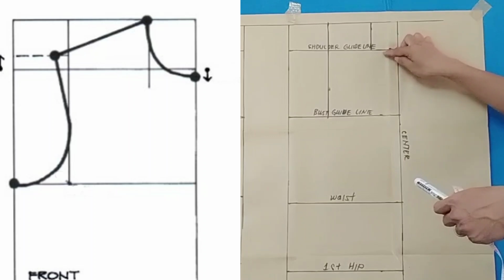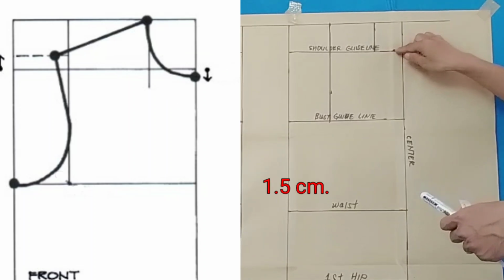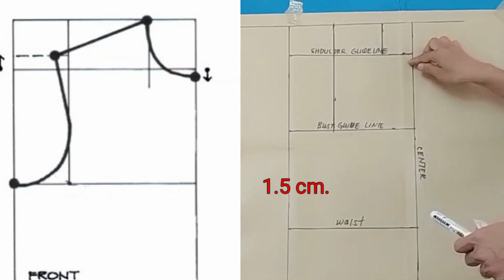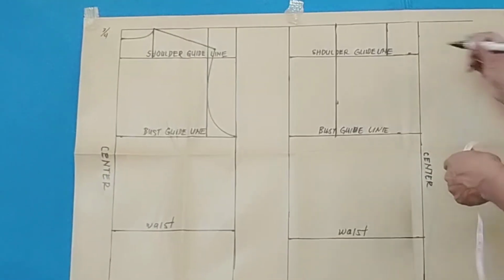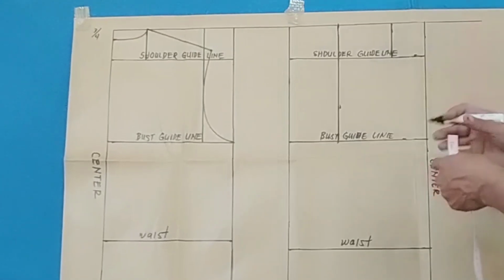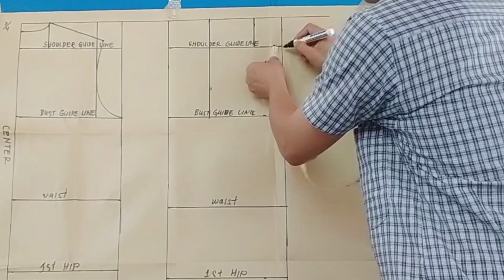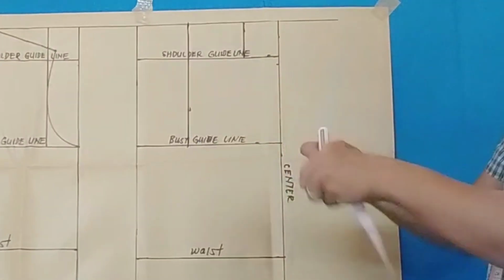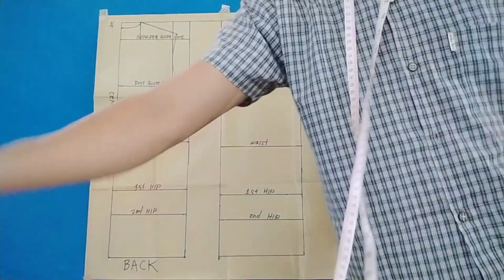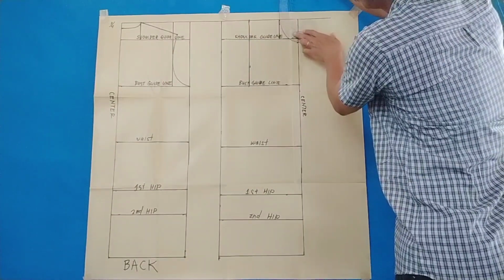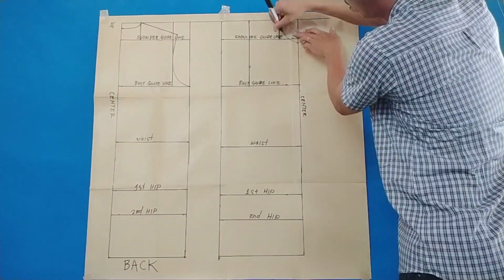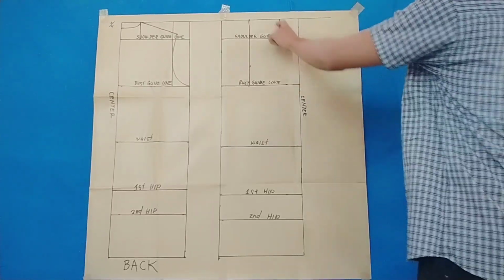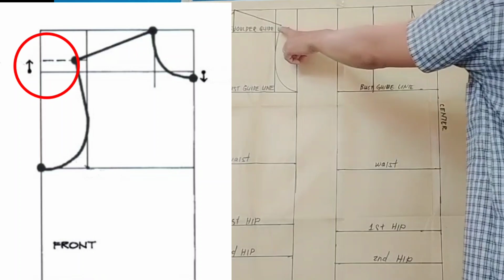Para sa neck ng front foundation natin, magda-down ka dito ng 1.5 of a centimeter or 5/8 of an inch. Dito, 5/8 of an inch para i-draw yung ating curve para sa neck. So this is the neck. Katulad din sa back